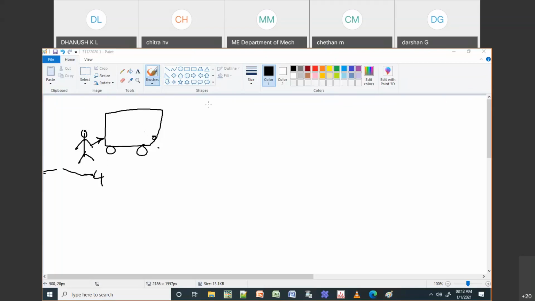This is again using your Newton's law. So what happens in Newton's law is